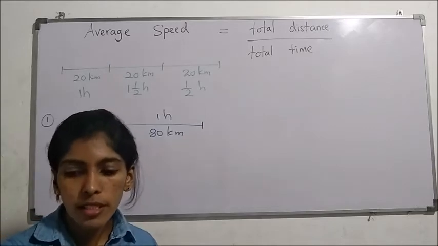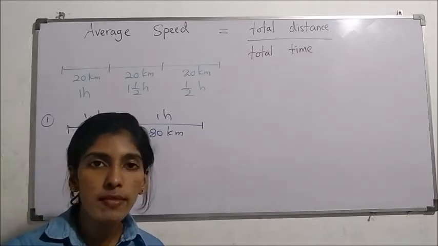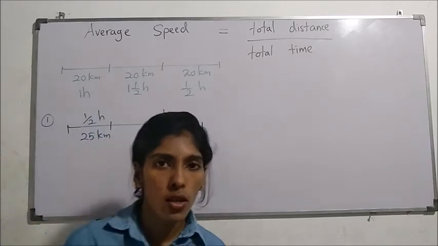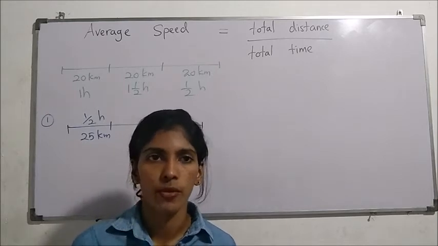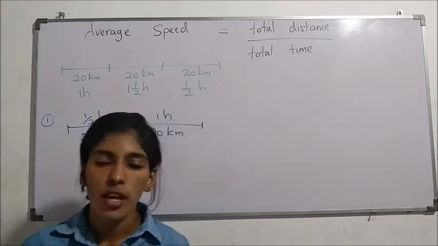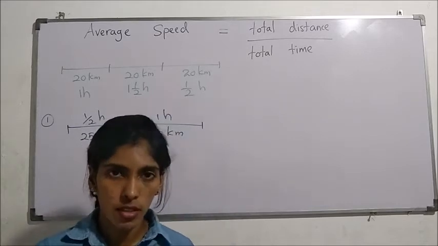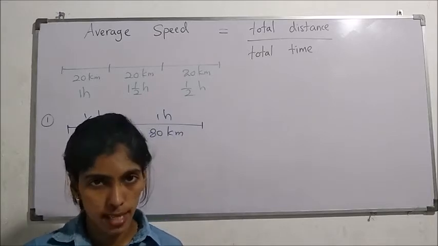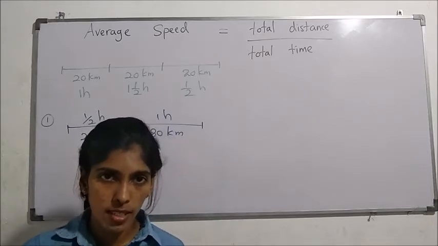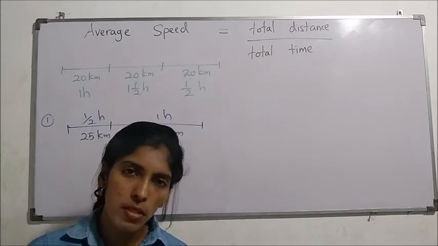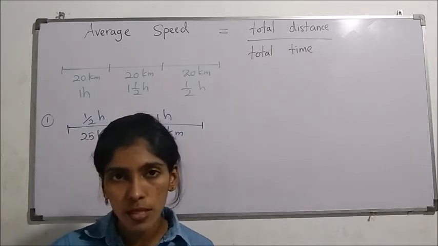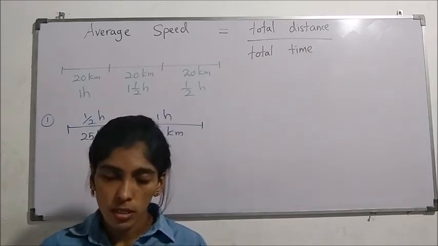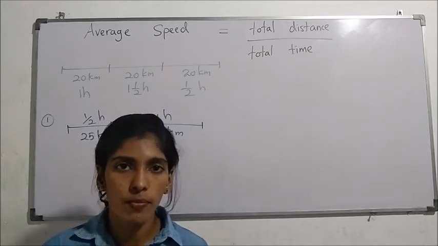Now children, we will learn about the average speed. Earlier we learned about the speed and the uniform speed. I told you when the speed is constant, it is called a uniform speed. We assume that in each and every time unit, the distance traveled by the moving object is the same. But we know practically it can't be done due to various reasons, due to the traffic or any other reason. We know that usually vehicles take different time durations when they travel on a road.